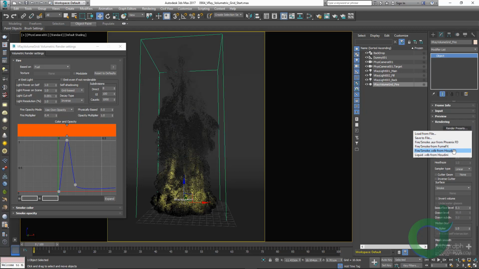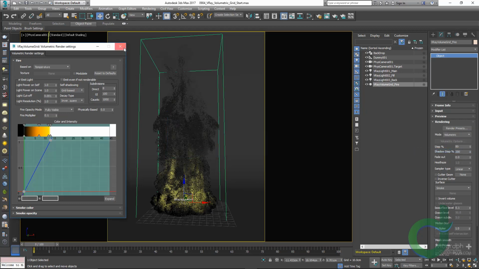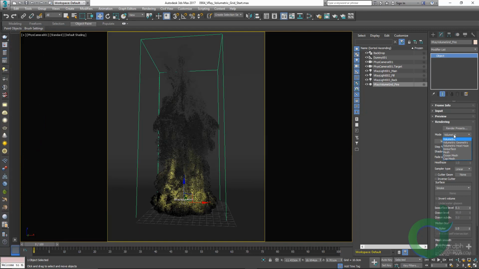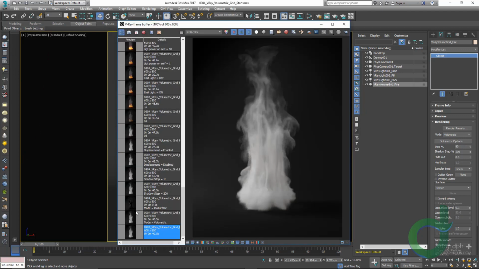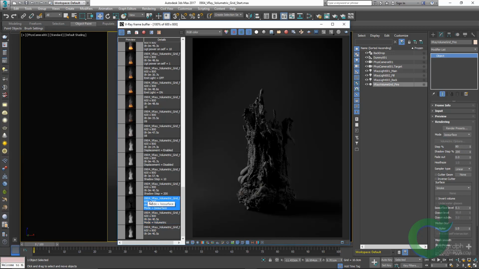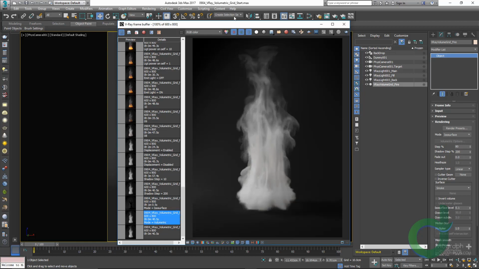In the mode dropdown, we can specify the technique that will be used to render the volume data. The first three ones are volumetric based, and the last three ones are mesh based for rendering liquid simulations. So if the mode is set to volumetric, which is the mode we probably use most of the time, as you can see in the frame buffer, we get our conventional volumetric render. And if I set it to one of these mesh based modes like isosurface and create a new simple VRay material in my material editor and apply it to the volumetric grid,